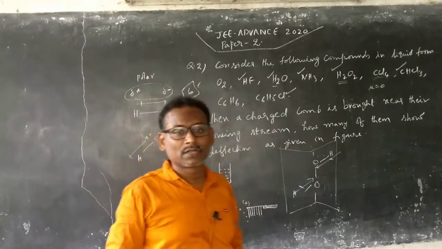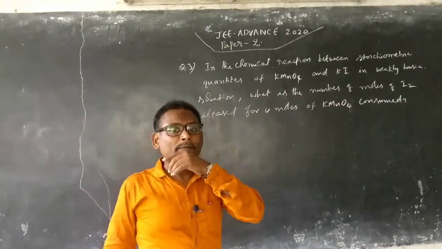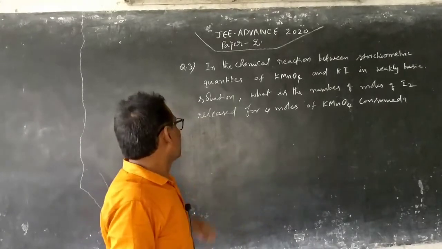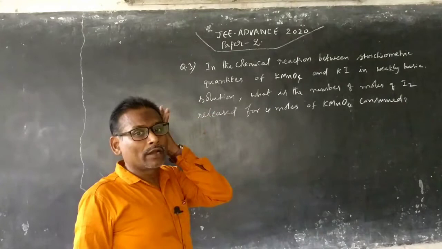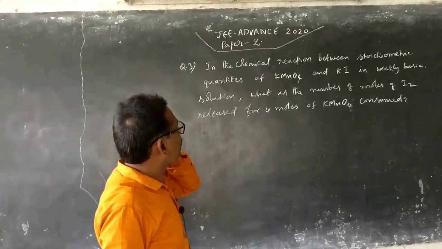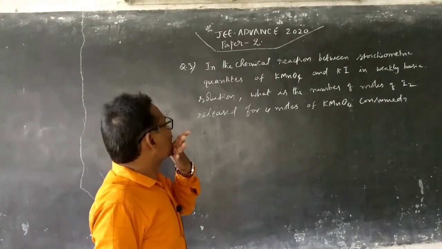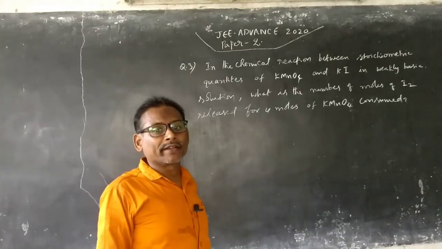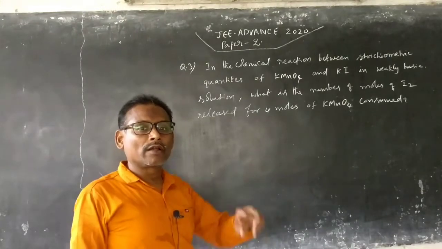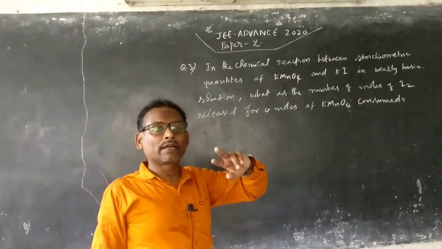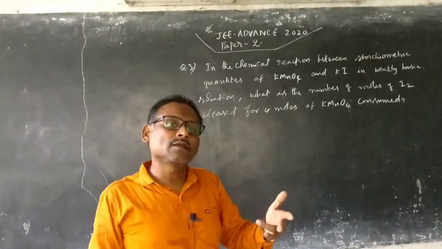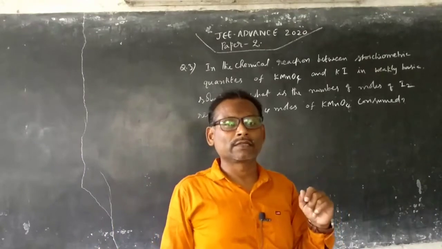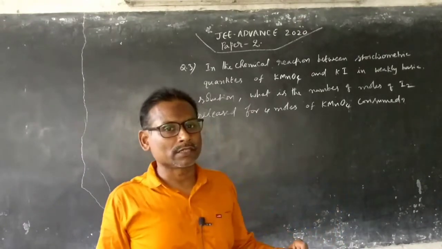The integer question. Here is question number 3 of paper 2 chemistry advanced. It is a stoichiometry question, and the information is related to the reaction between KMnO4 and iodide. How do KMnO4 and iodide interact with one another? It is normally influenced by the medium, whether acidic or basic. With reference to that, a person is asking.